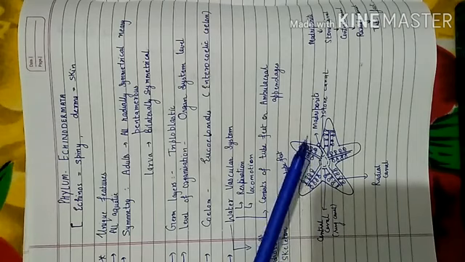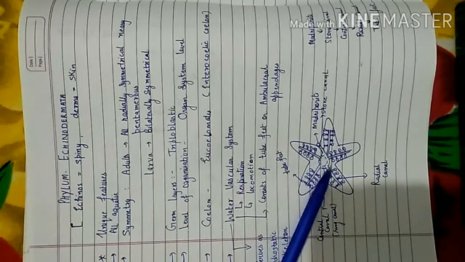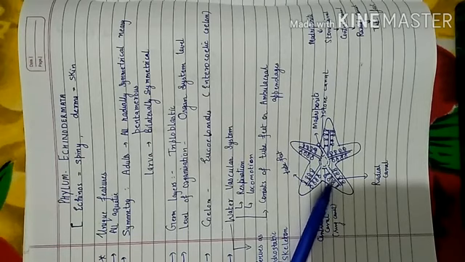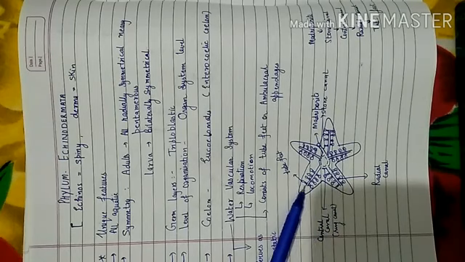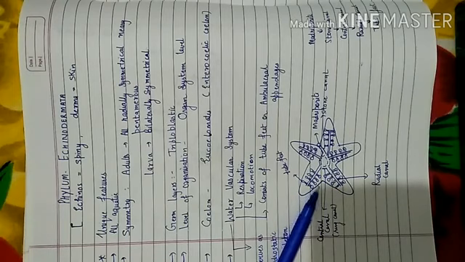So the water will enter from the madreporite, it will enter into the stone canal, then into the central ring, then from the central ring it will enter into the radial canal, and from the radial canal it will enter into the tube feet. So this is the structure of the starfish. In starfish there are 5 arms. In each of the 5 arms there is a radial canal and tube feet present.